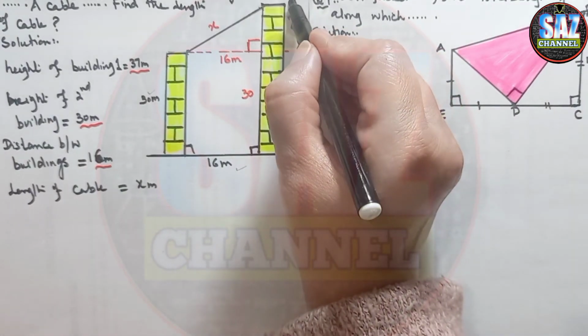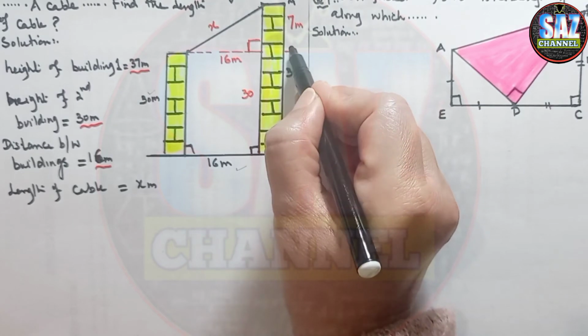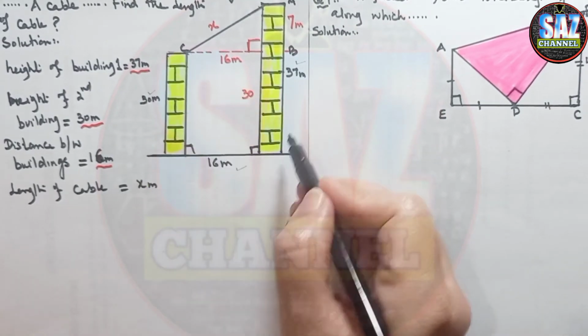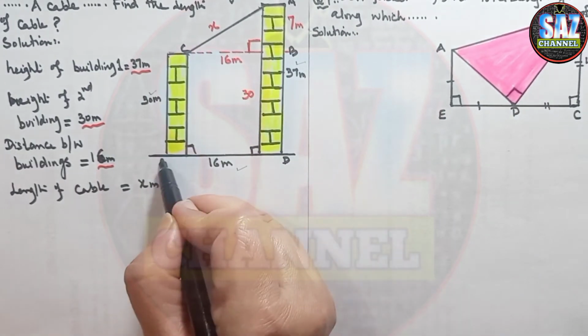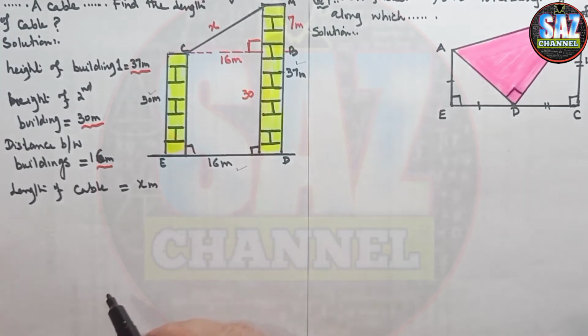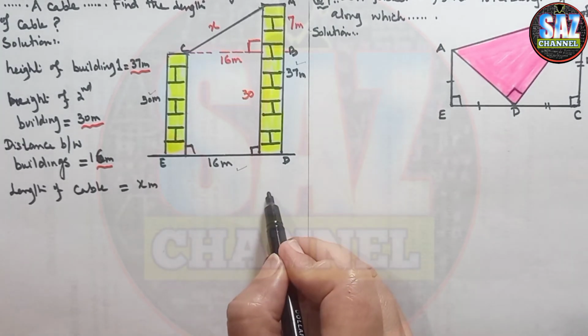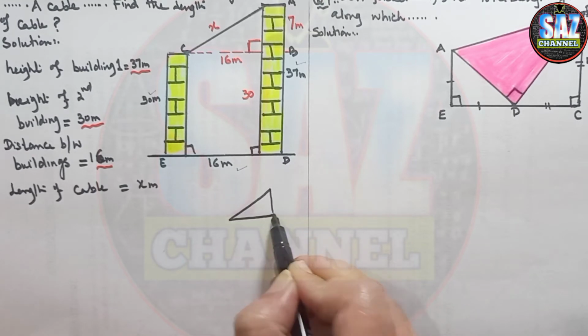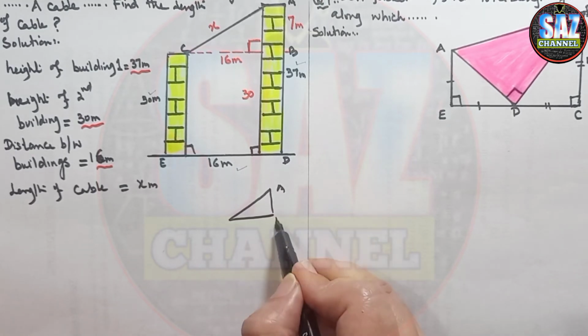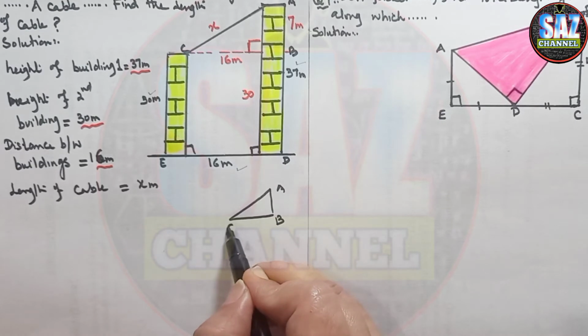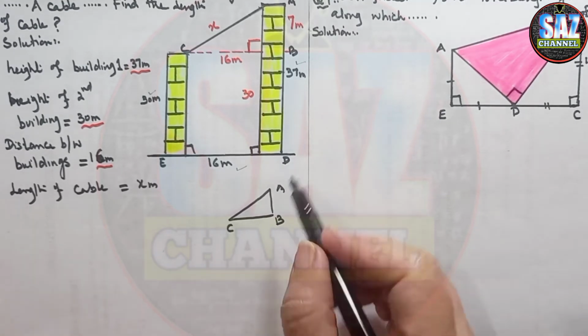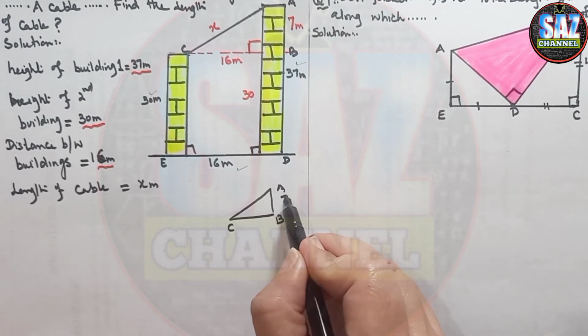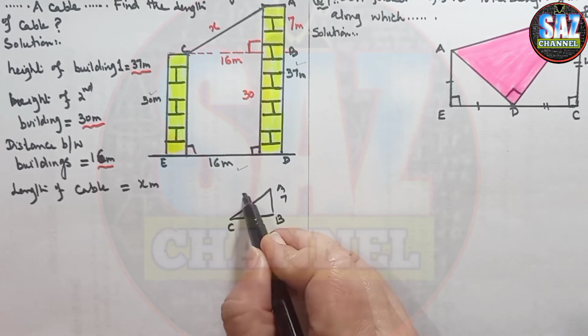the triangle, let it be A, B, and C. This can be D, and this can be E. Okay, now if we are taking the triangle ABC, I'm going slow so that the questions can become easy for my students. This is 7, this is 16, and this is x.